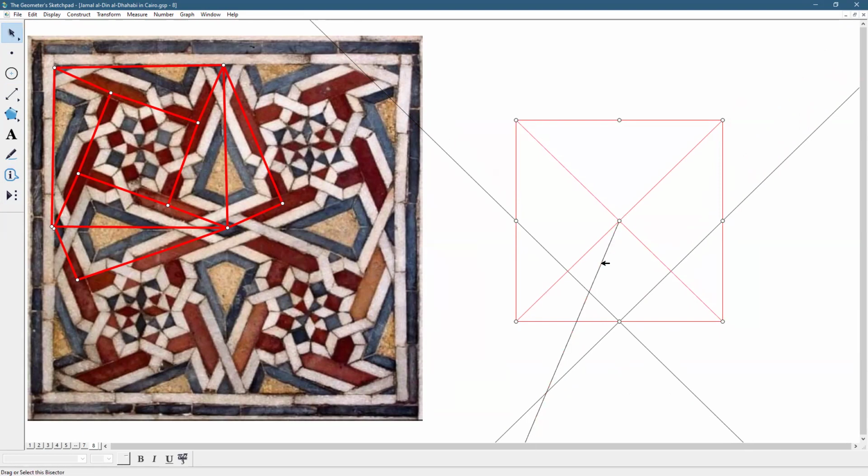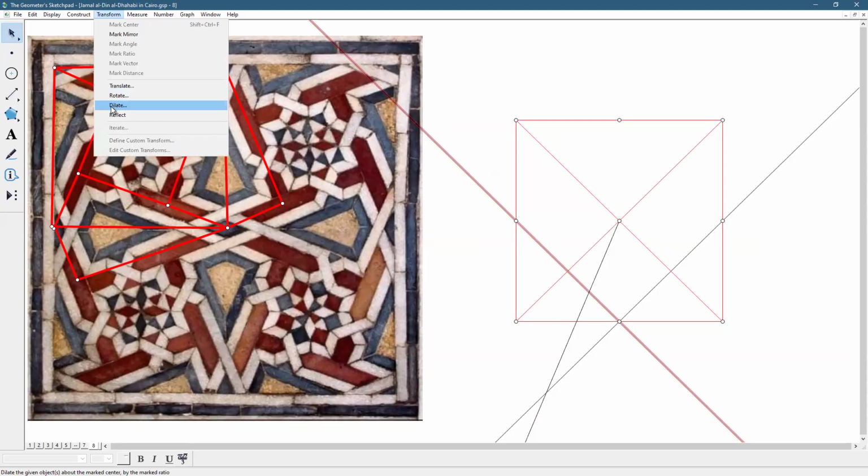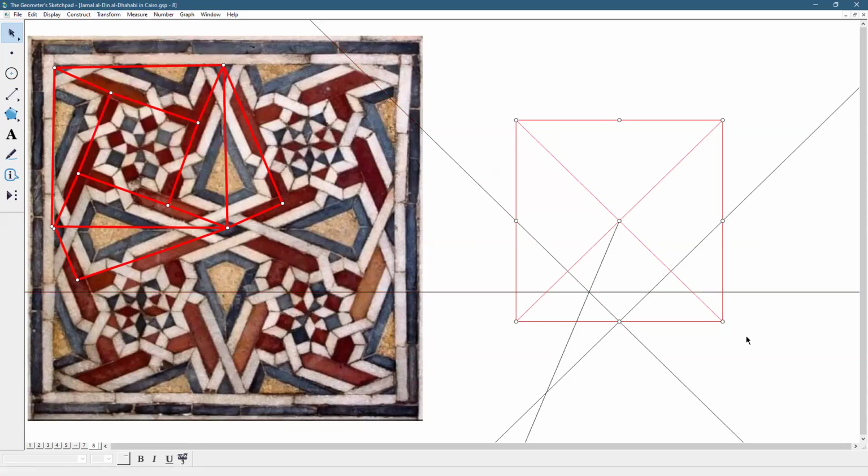So double click on it, select this line, transform, reflect. Yes, and this is where we are. I can remove this angle bisector. Oh no, let's keep it. Okay, we will need it. So our pattern, if you draw it like this,